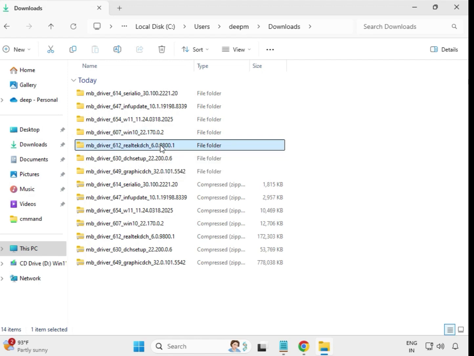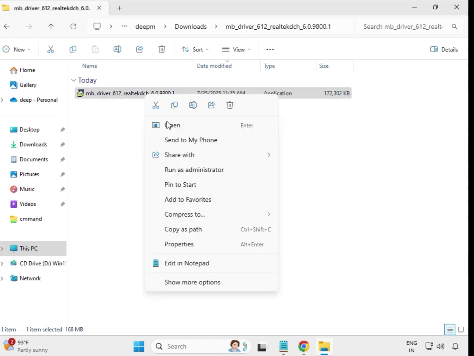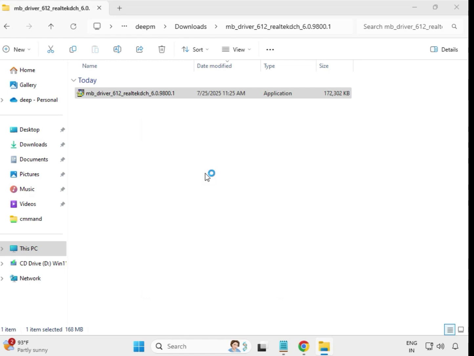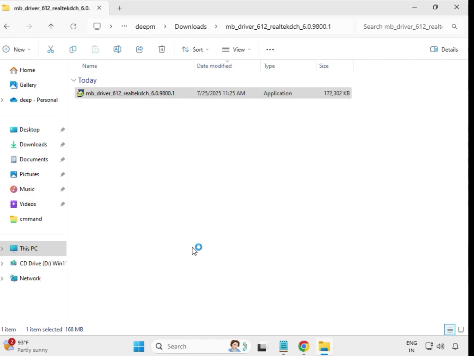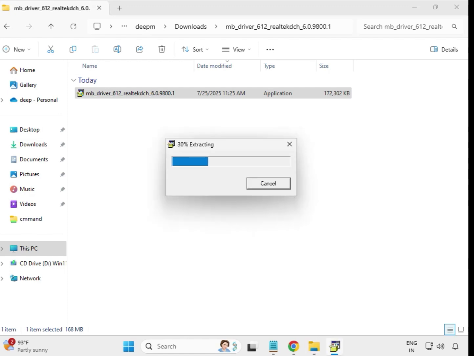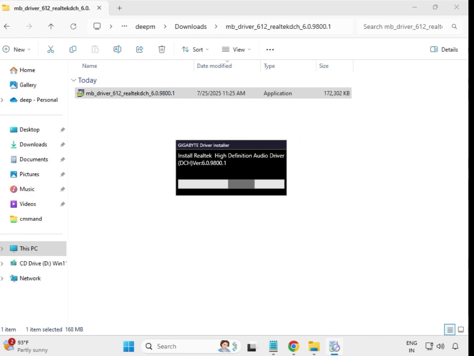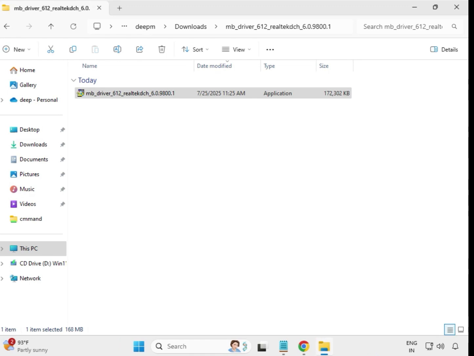Then fifth one, same, select and right click to run as administrator, then click on yes. So it is closed automatically, which means this is installed. Then back,